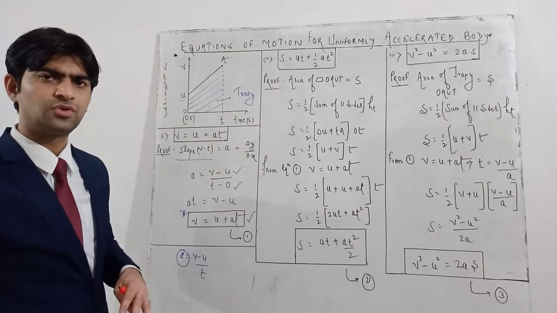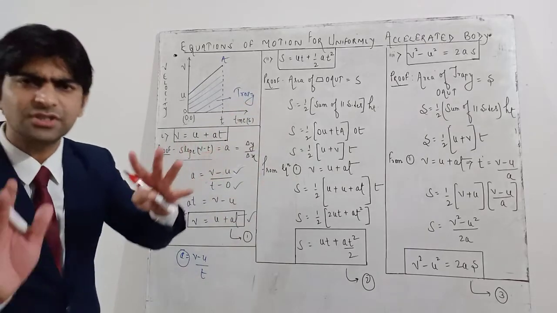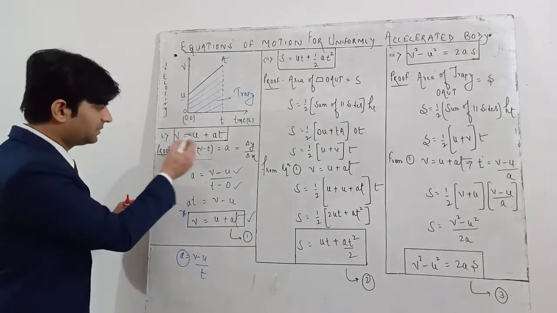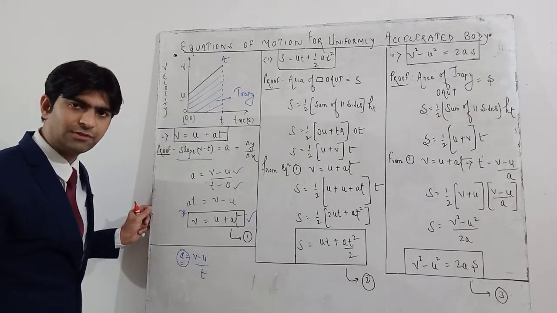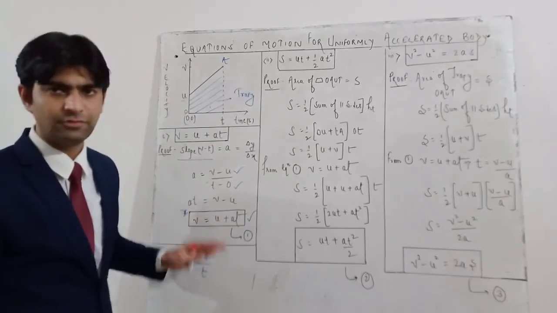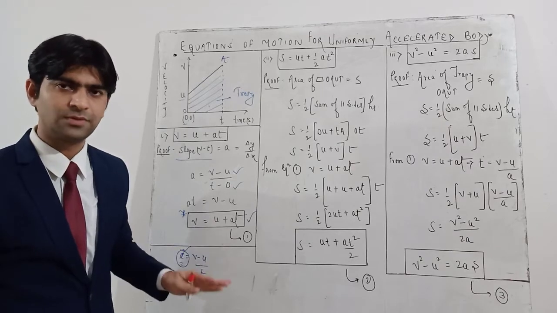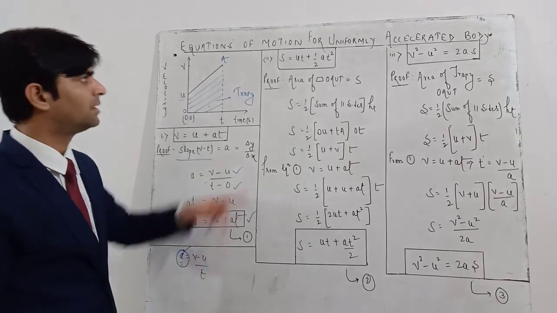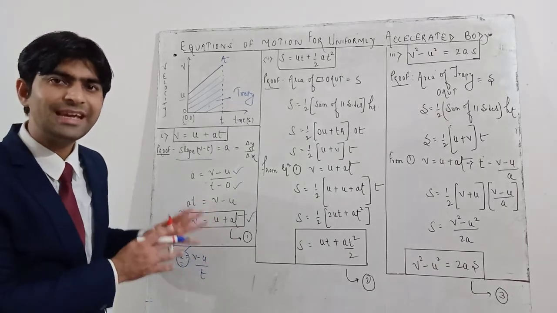So what you have to do is find the area of the trapezium. This is just a way to remember. From this, if you modify, you will get acceleration: A is equal to V minus U divided by T. So from here we got the hint that we have to find this slope, because the slope of a velocity time graph gives acceleration. This is the displacement. So how will you calculate displacement? By finding the area under the graph.